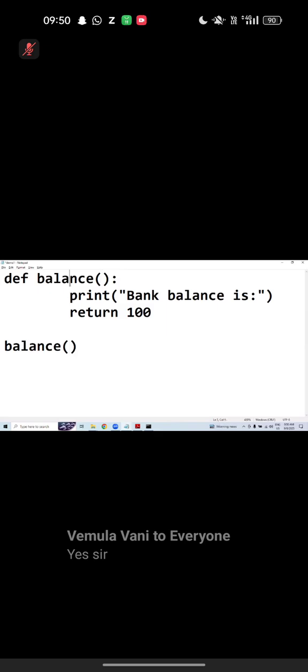Same thing like that. If a function has a return statement, come on, talk with me. If a function has, one more time. If a function has, hold on. That function call, do you know what we need to do? That function call, we need to assign into a variable. Very, very important, sir. This syntax, when you get it, imagine the function has a return statement, that function call,